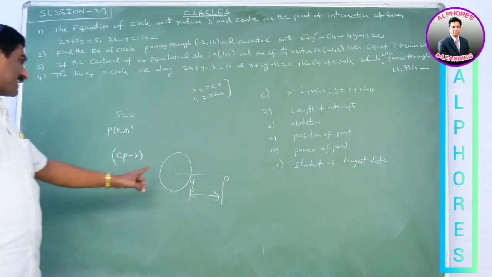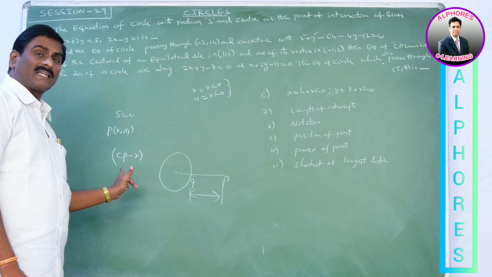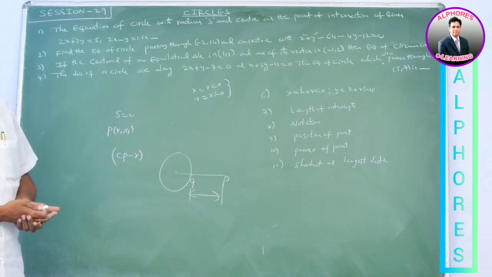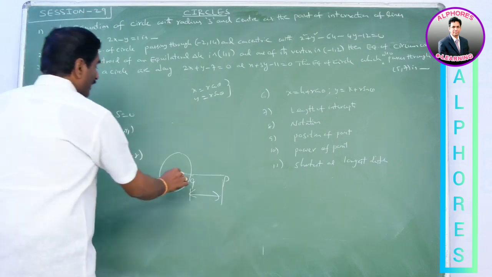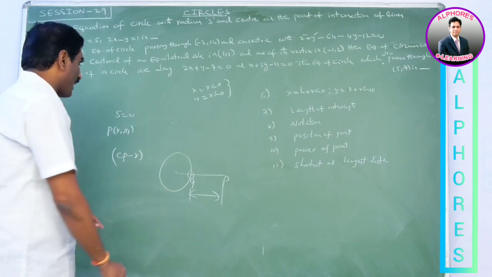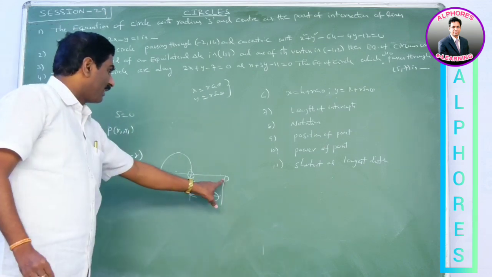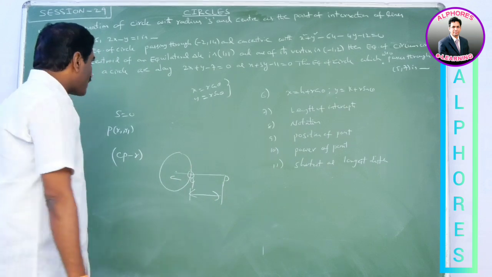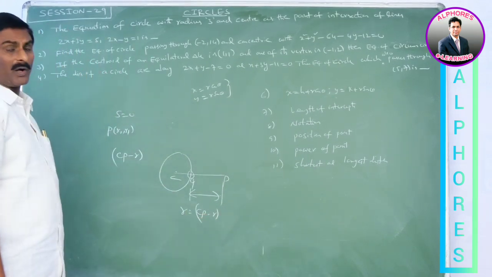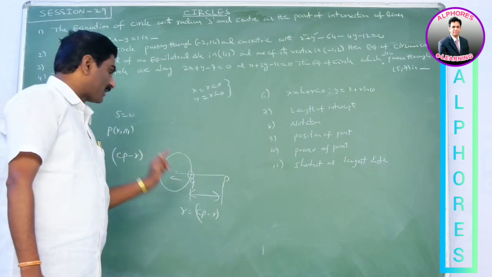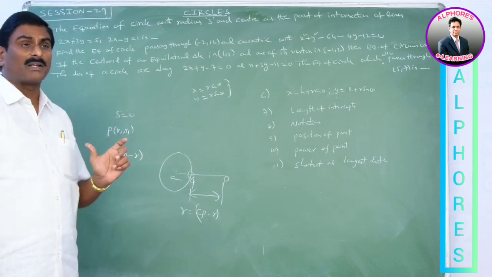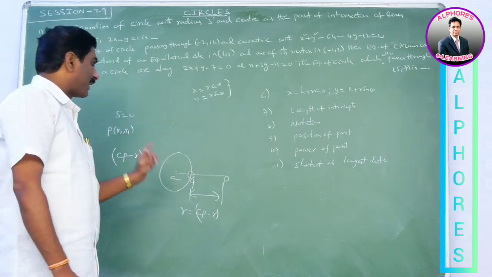If the point lies inside of the circle, then the shortest distance is minus of (CP minus R), that means R minus CP, simply mod of CP minus R. In this case, the minimum distance is obtained at the point Q. The point Q divides the line segment CP in the ratio of R is to CP minus R. The shortest distance between the point P and any point on the circle is CP minus R.